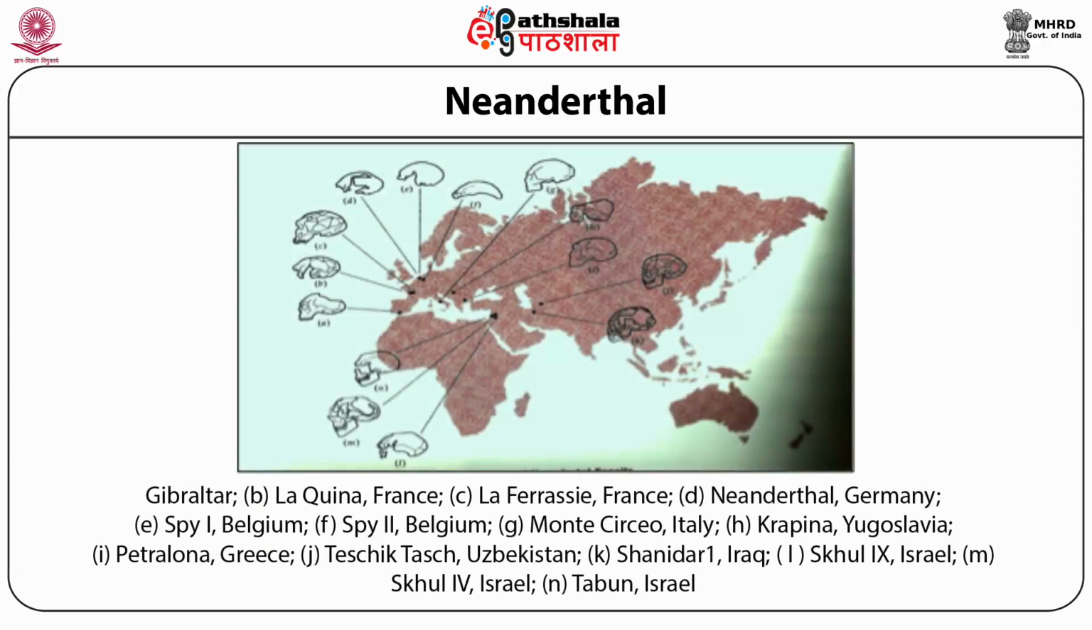Varieties of Neanderthal and their distribution. Several fossils have been discovered from different parts of the world. Important sites shown here in the map are as follows: Gibraltar, La Quina in France, La Ferrassie in France, Neanderthal in Germany, Spy 1 in Belgium, Spy 2 in Belgium, Monte Circeo in Italy, Krapina in Yugoslavia, Petralona in Greece,